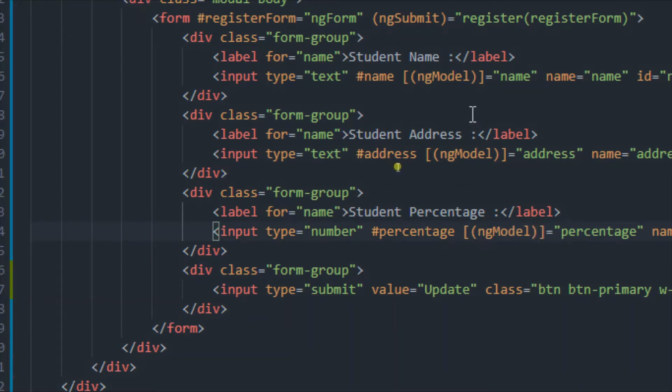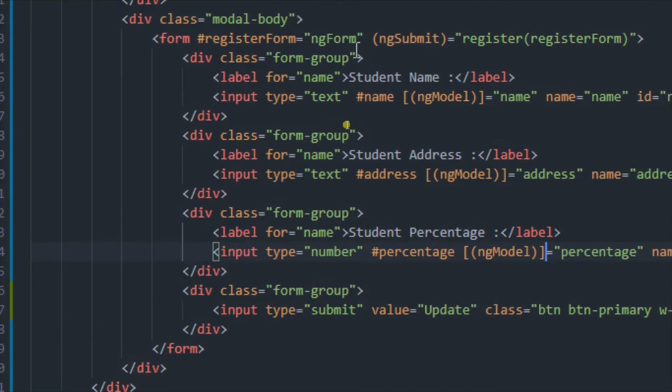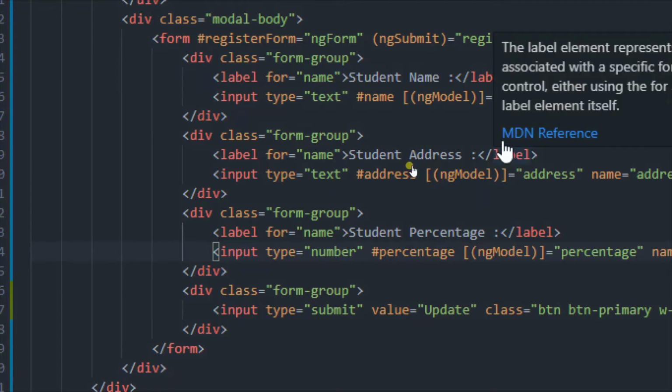The two-way binding will find, for example, this name variable in your TypeScript file, and it will bind that variable's value to this particular input field. But here there is no name and address field in our ts file.